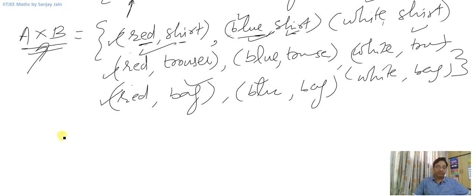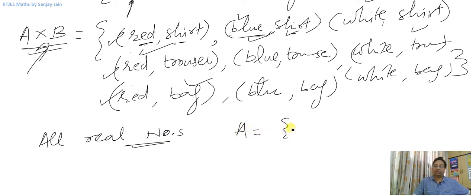Now if let us say I take all real numbers in set A, or we know how to denote set of real numbers. Let us denote it by capital R. So this is a set of all real numbers, and we know how to write real numbers. We do not write real numbers in these braces. You remember, we write real numbers like this, minus infinity to infinity. Okay, so if I take set of all real numbers